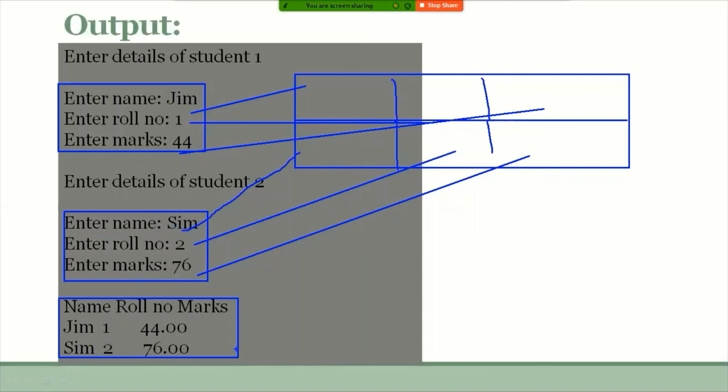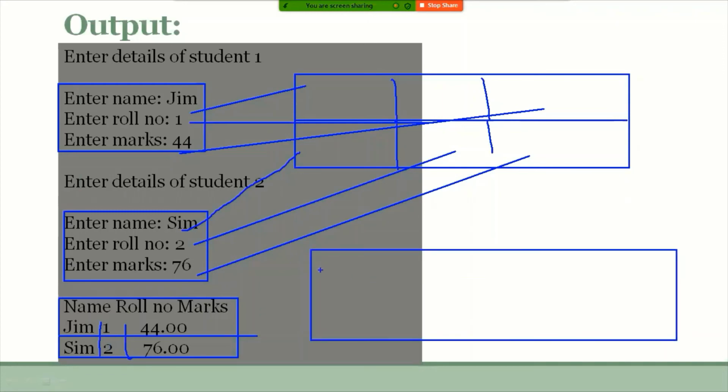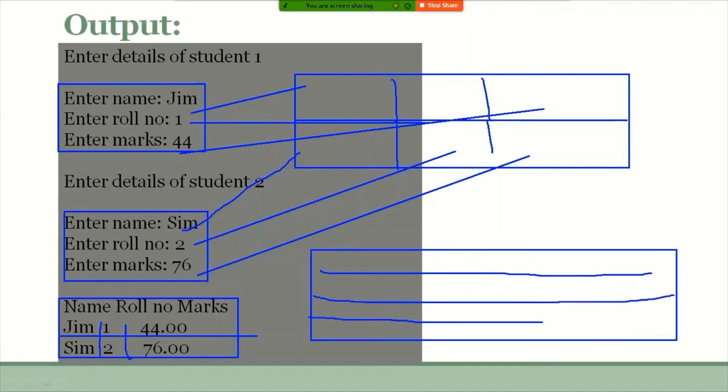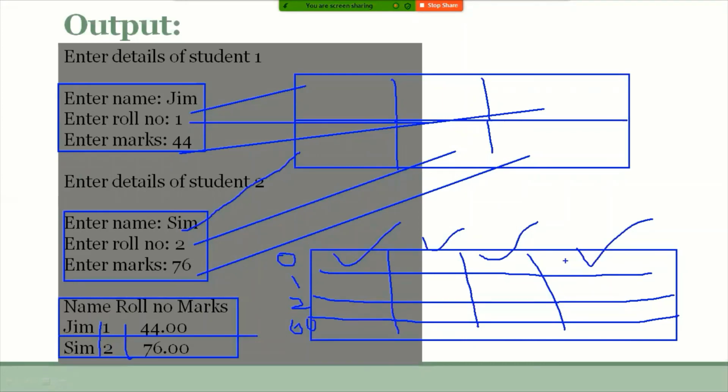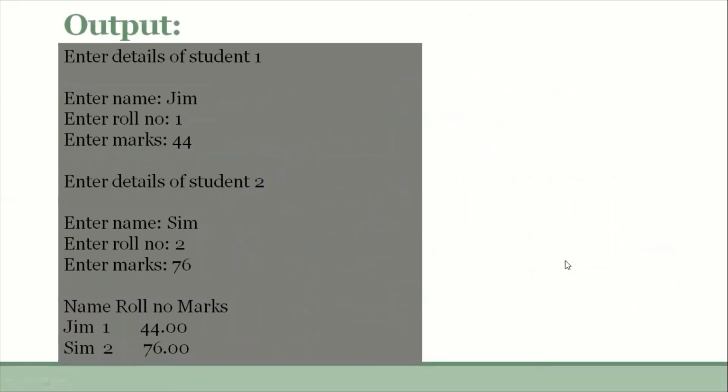That is about array of structures. Only two students' details are displayed over here, with their name, roll number, and percentage of marks. You can also create it for 60 students. For those 60 students, details such as name, roll number, subject marks, percentage of marks can all be displayed. So this is the 0th student, first student, second student, and so on. The 60th student's details, name, roll number, subject marks, percentage of marks can be stored and displayed in a proper manner with the help of the array of structures concept.